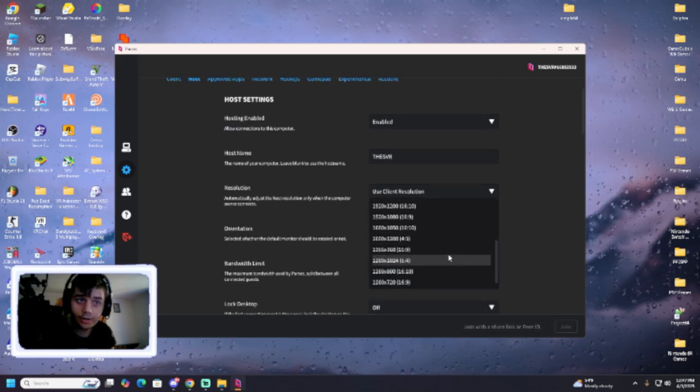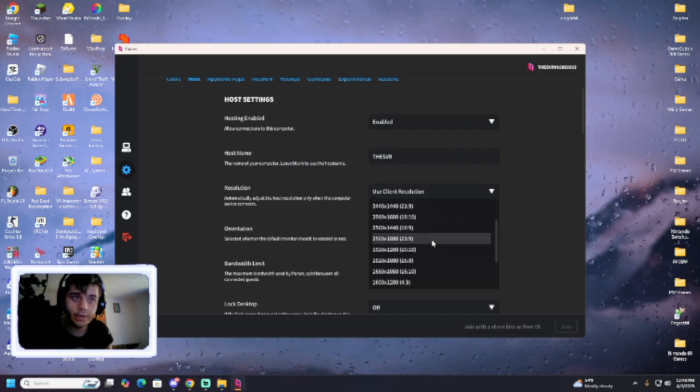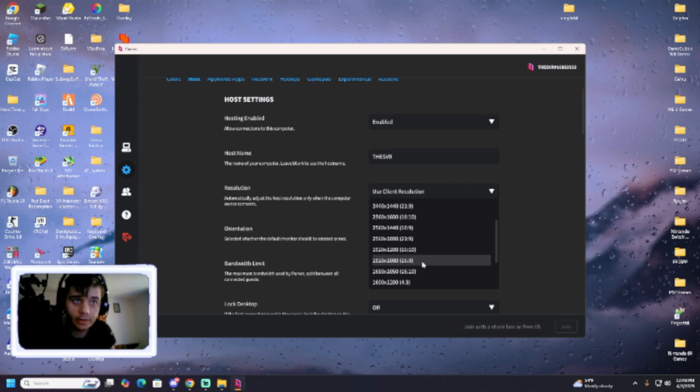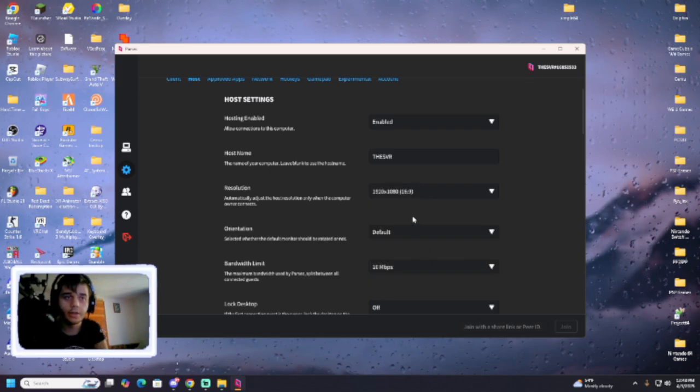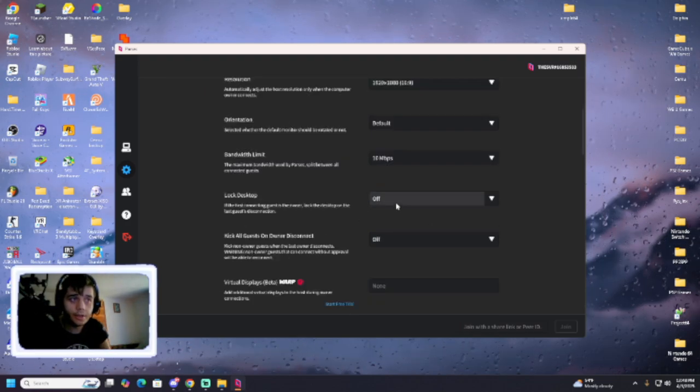This, you can tweak in the resolution. I do recommend setting it to 1080p, the resolution that matches the entire screen, for instance. And then we have